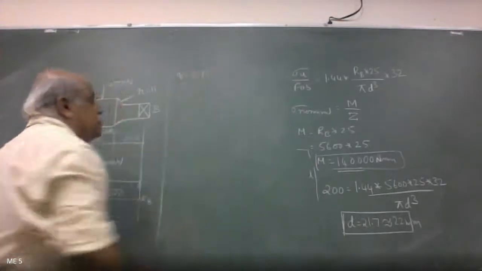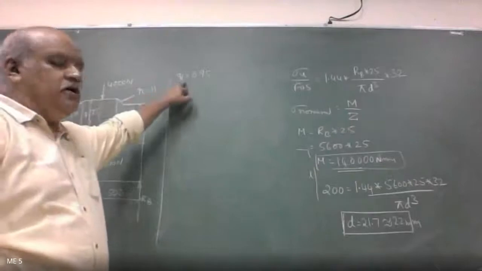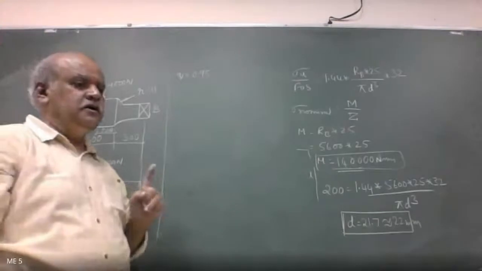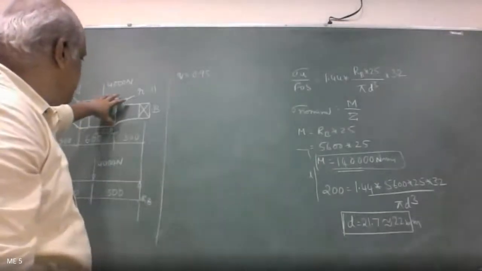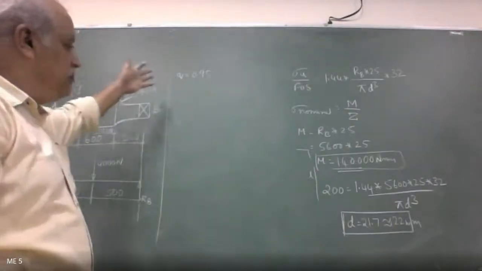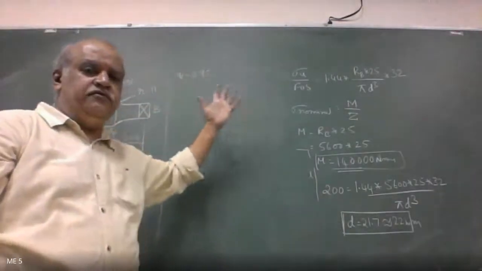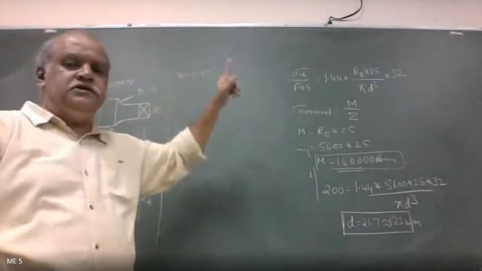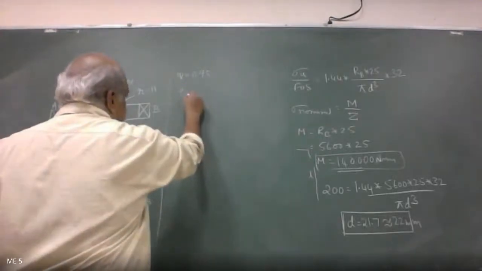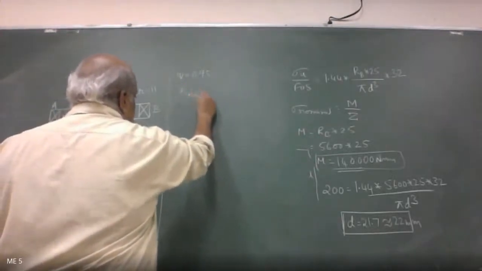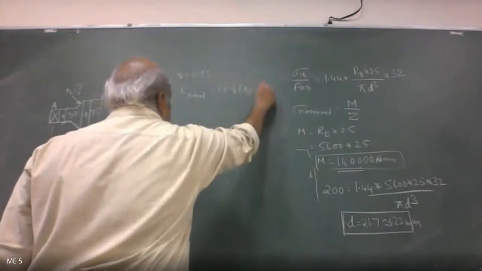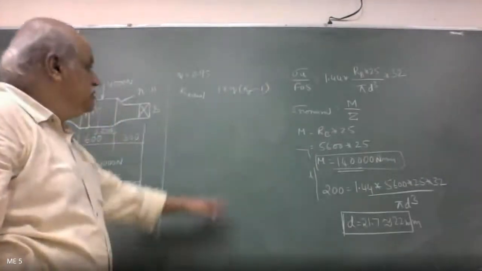What is this q all about? It is called the notch sensitivity factor. That is the degree of effect of the presence of this notch, whatever change of dimension over here will have on the stress concentration factor, is what is called the notch sensitivity factor. So when the notch sensitivity factor is given, our actual stress concentration factor is given by 1 plus q into K sigma minus 1.